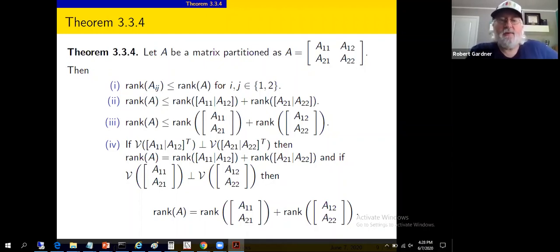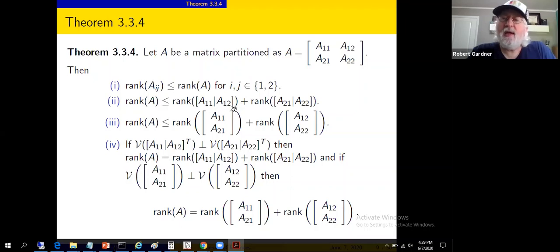This looks kind of daunting with all the symbols. It's actually not so bad when you dig through the fog of all these symbols and see we're basically just talking about subsets of sets and spans. When I say rank, you may as well be talking about a span of a bunch of rows or columns. We get the same kind of behavior in terms of ranks, in terms of dimensions. So the claim is: partition A into these 4 pieces. The rank of any of those little 4 pieces is less than or equal to the rank of A, is the first claim. The rank of A is less than or equal to the rank of